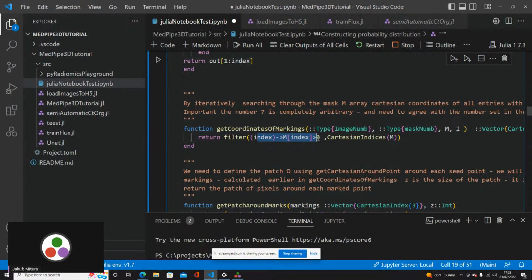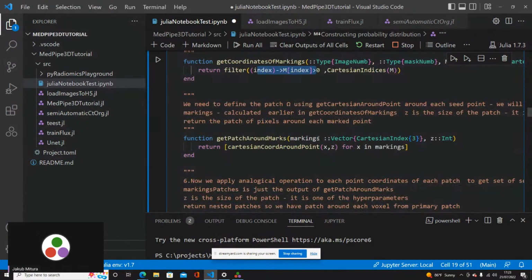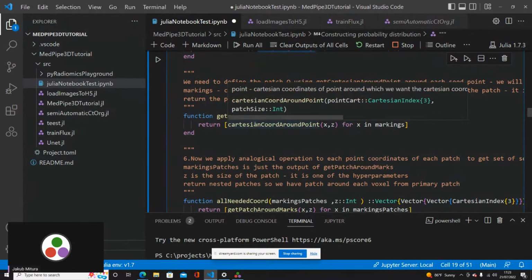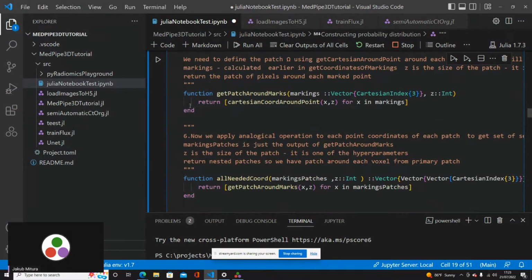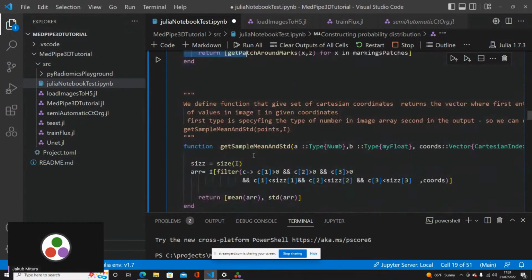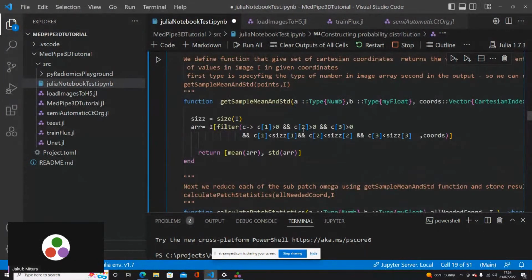Basically all of the indexes that we annotated, because we started from all zeros, so everything that is not 0 is our annotation. And here it's basically the same as earlier: we get a patch around, and a patch around the patch, because we need to get all of the points properly. Here is important: we get the sample, mean and standard deviation. Around each of the voxels, we get this neighborhood.